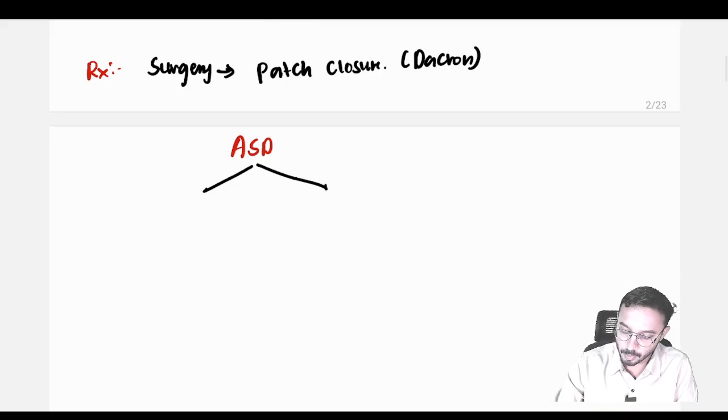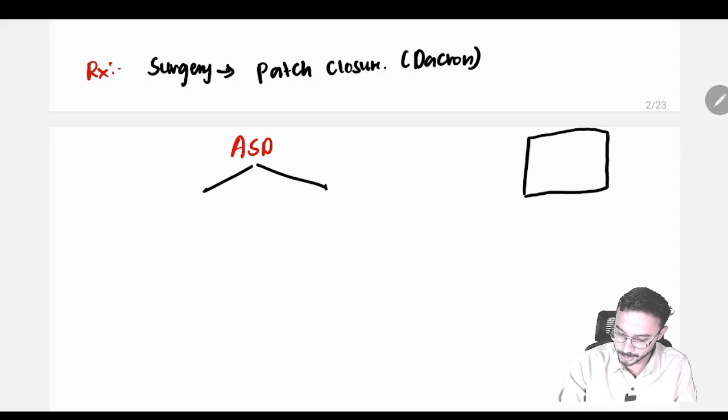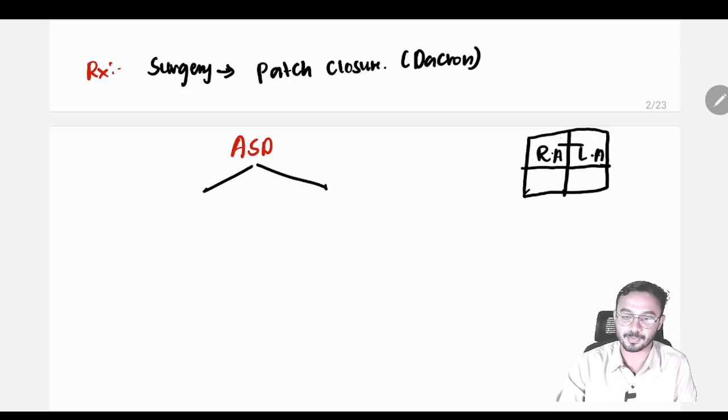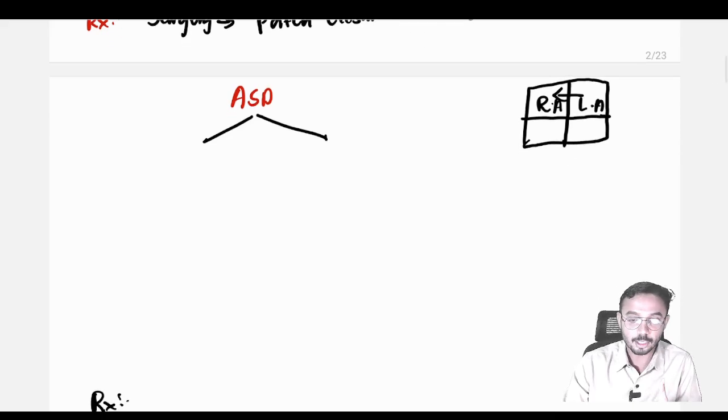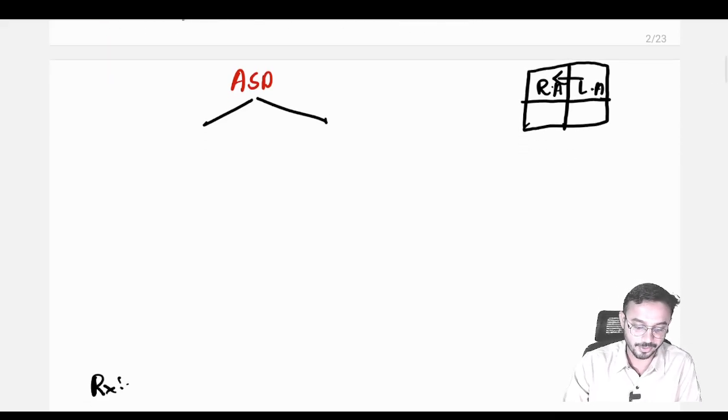So here what is happening, I will write it for you. So this is the four chambered heart: right atrium, left atrium. Here an abnormal connection is present between the left atrium and right atrium. Okay, that is known as atrial septal defect. There are two types of atrial septal defect, that is